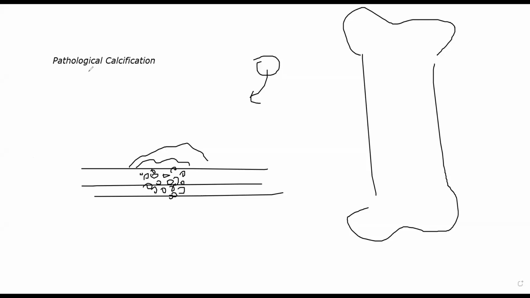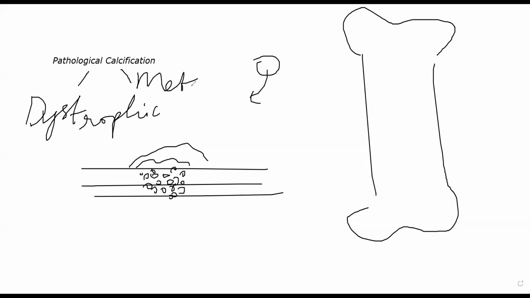Pathological calcification can be categorized under two types. You have dystrophic and metastatic. Dystrophic calcification occurs when deposition is occurring in local dying tissue. Let's suppose there is necrosis and apoptosis occurring in nearby tissue. The cell is dying, any part of the cell. Let's suppose in someone's liver, a few hepatocytes are dying. This small part of the liver is undergoing cell death and the surrounding tissue is dying. वहां पर अगर calcification हुआ तो उसको dystrophic calcification बोलते हैं.